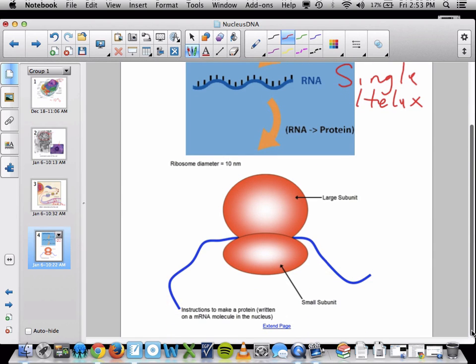Once out in the cell, it interacts with the ribosome, an organelle that you can learn about in another video. By interacting with the ribosome, it turns the RNA into a protein. And as you know, proteins determine just about everything that your cell or your body or these organs